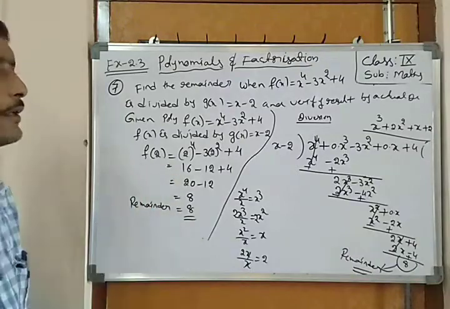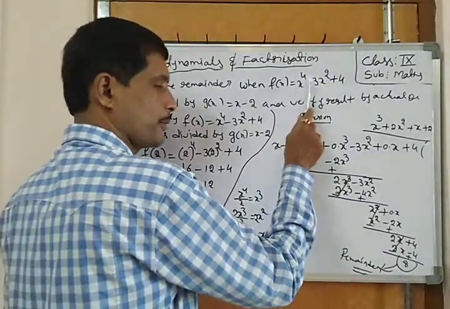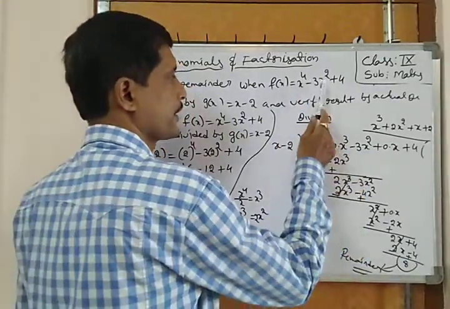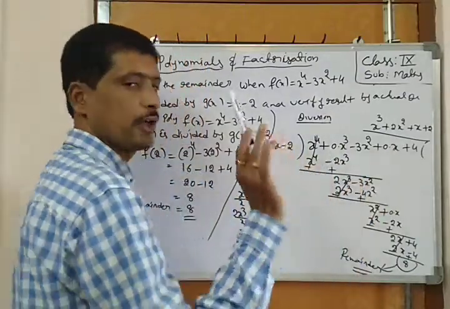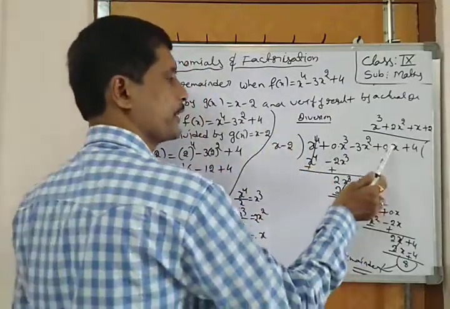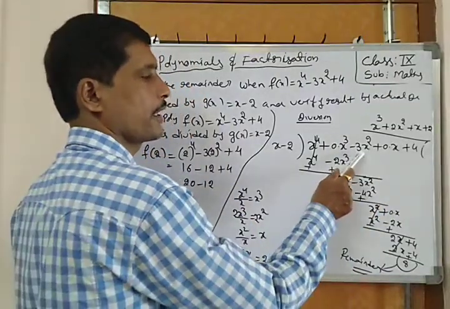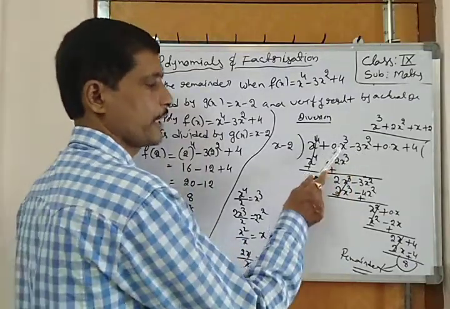Therefore here again see normal division. Write x power 4. The x cube term is not there, therefore 0 into x cube, minus 3x square is given. The x term is also not there, 0 into x plus 4. 0 into x cube is 0 only, 0 into x is also 0. Otherwise there is confusion, since 2x cube is right here only. That's why we are adding both. Otherwise it is compulsory to write this one.